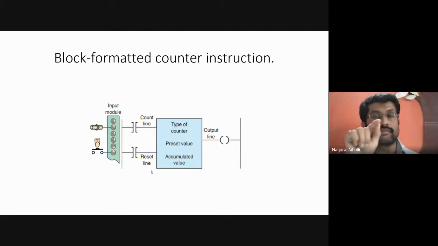Trailing edge means when it is going from high state to low state. Remember, leading edge means when the clock signal is going from low state to high state, that is a 0 to 1 transition of the clock pulse, a digital rectangular waveform. When the clock goes from high to low state, that is from plus 5 volts to 0 volts, 1 state to 0 state, that is called the trailing edge. All these PLCs operate only during the leading edge, or when the rung is going from false state to true state.